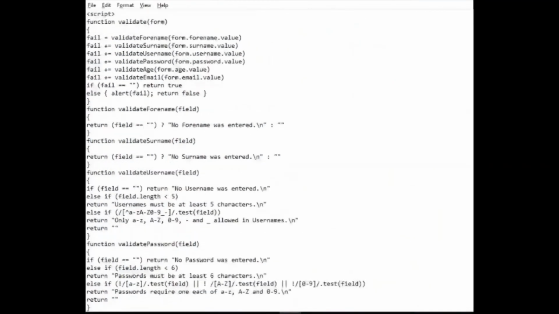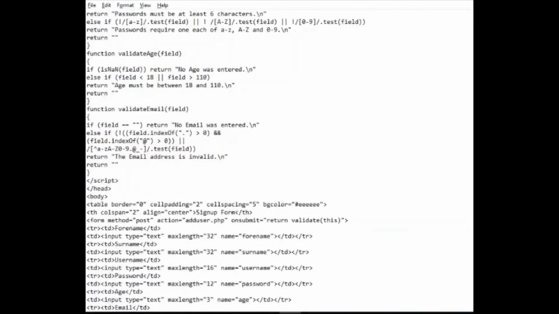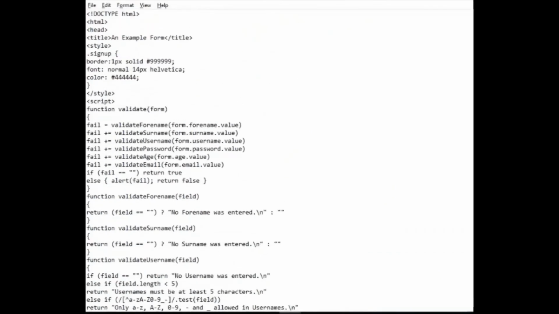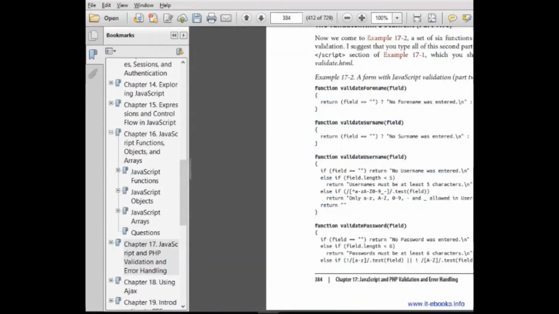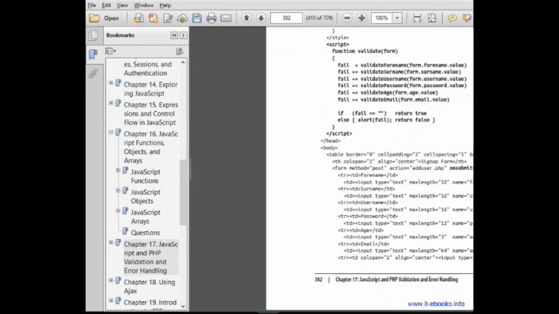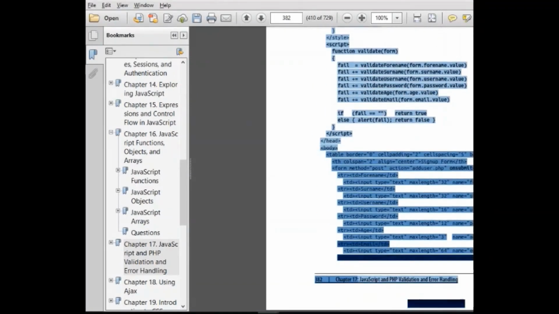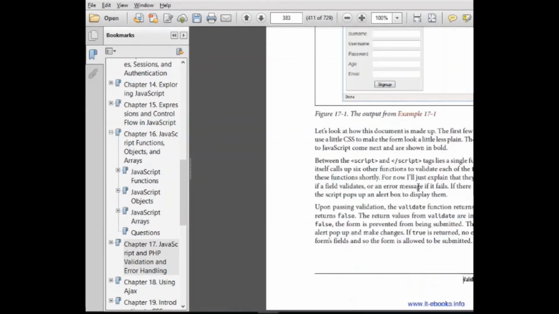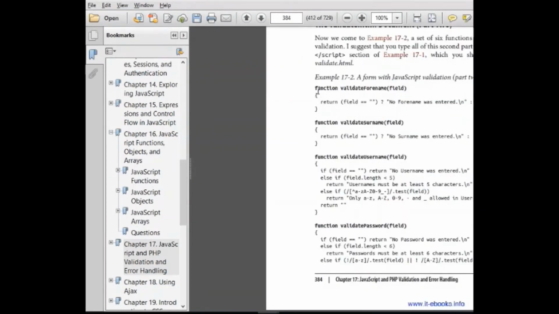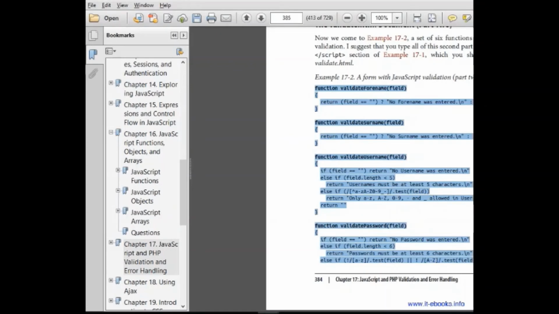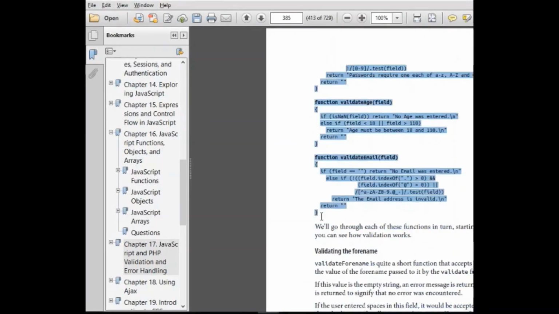I've written the code in Notepad right here. I simply copy pasted all the code that was right here. This complete code I have copy pasted from right here, 17-1. Completely I have copy pasted 17-1, and then these functions from here, starting from here and up till here, I have also copy pasted them in the same file.